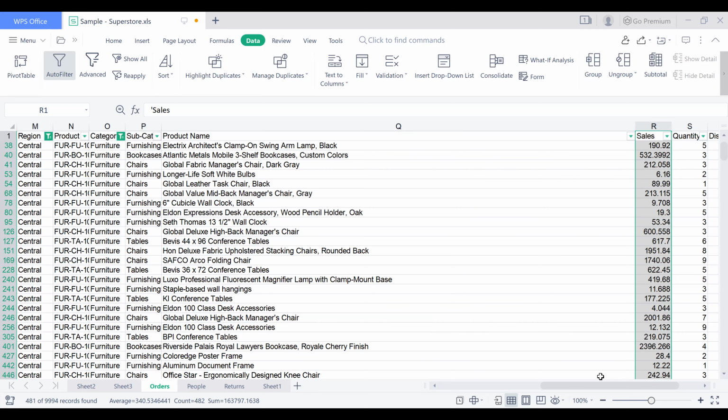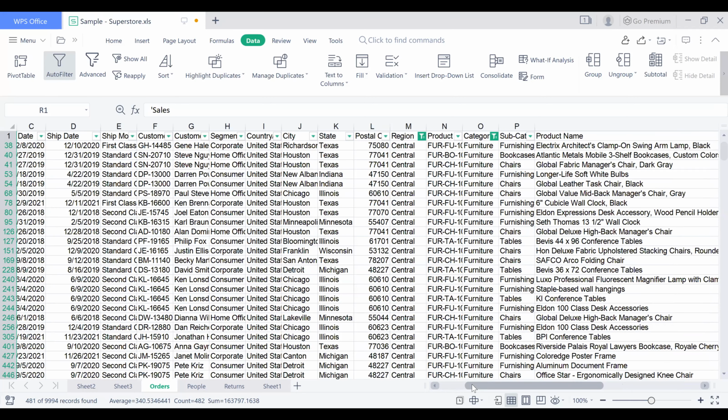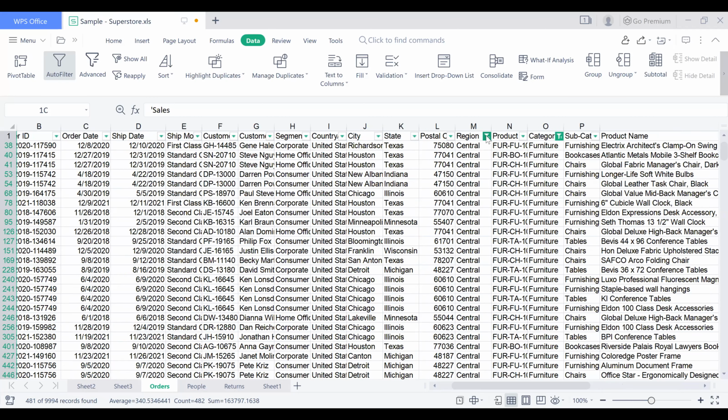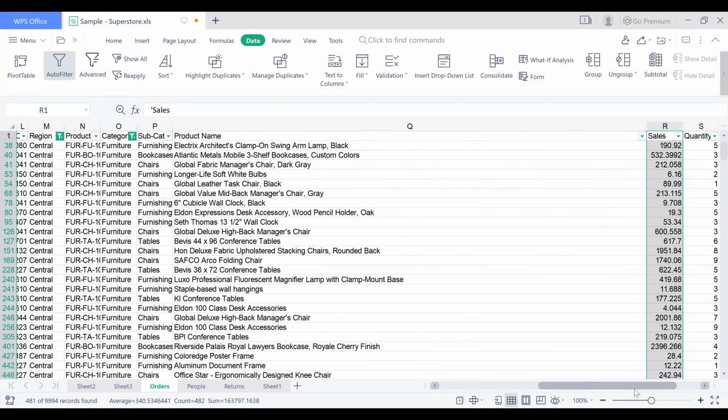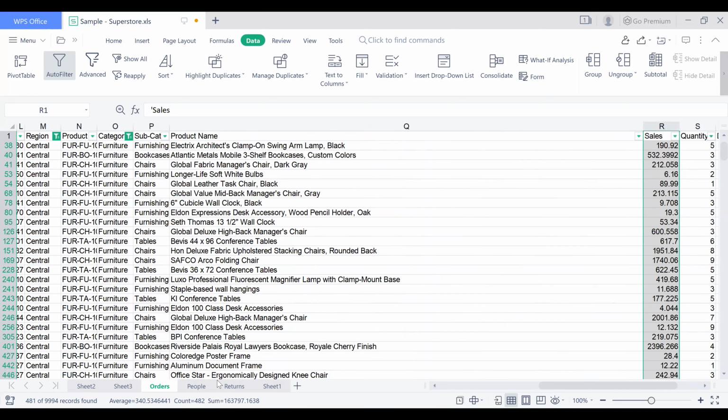So if you see 163,797, it is showing up. How it is showing up is we applied the filter on the region. We selected only the central region. And under the central region, what I showed is the furniture. So it is showing the data for one particular furniture, the total value for that particular thing. It is doing the grouping by the particular selection. The group by, if you see, the total sum is 163,797.